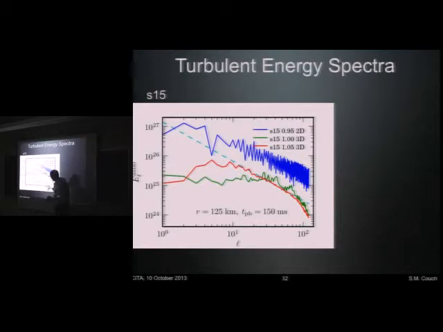And importantly, the driving scale here should be around L of 10. That's about the driving scale of the convection, about half the width of the gain region. And you see, especially for the 2D model that's not exploding, it's flat to larger scales from that driving scale. And then it declines in a cascading fashion to the small scales. In 2D, it's essentially a solid power law all the way through the entire dynamic range. A little bit of noise here. We could probably fix that. So there's a big difference in the way that the turbulence behaves between 2D and 3D.